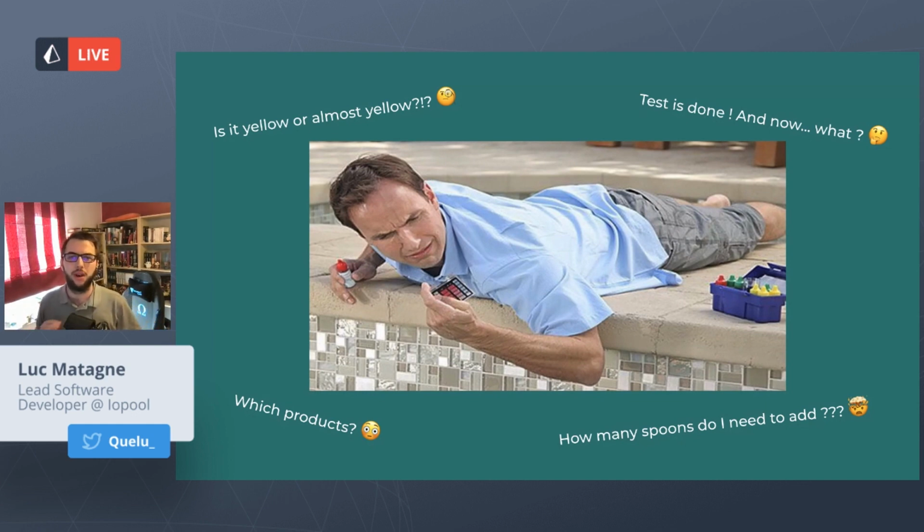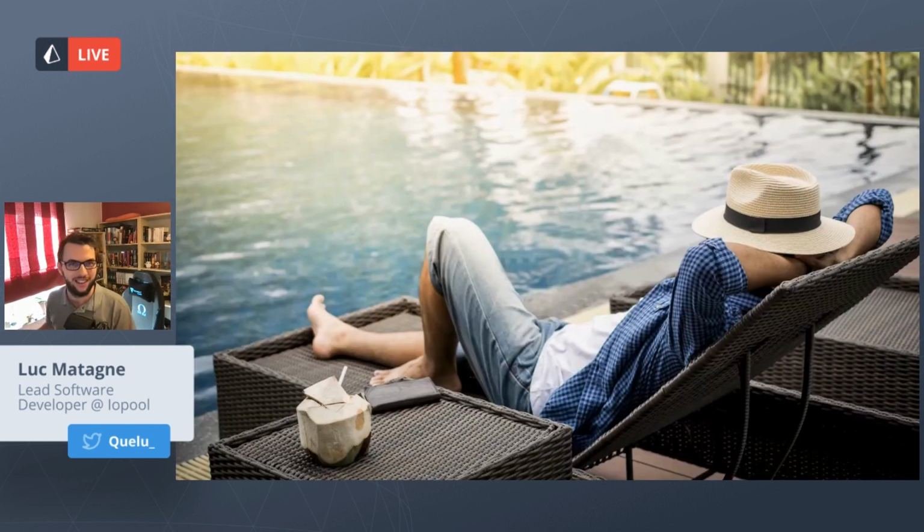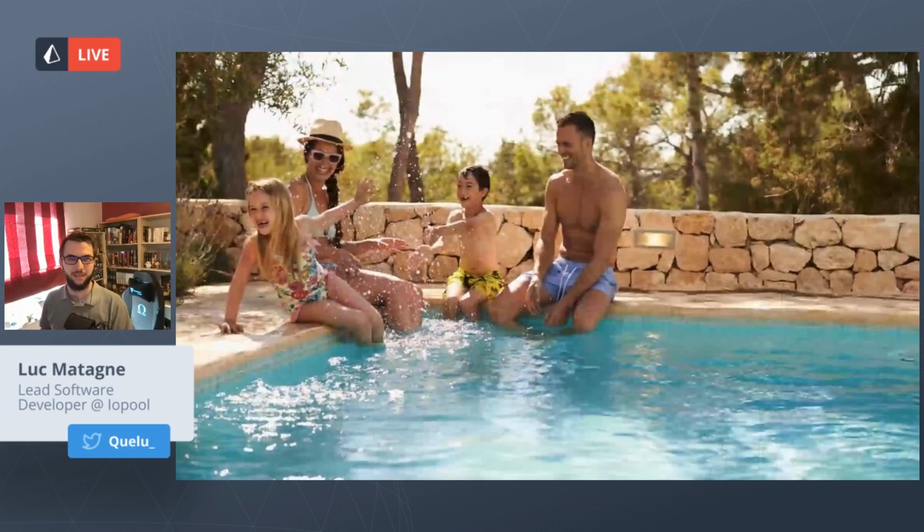This really does not sound like the idea of fun and pleasure a pool is supposed to give. I'm sure that when you think about a pool, you think more of something like this, or even like this. So the objective of Iopool is to help the pool owners to have a clear pool, but easy. How do we do it? We offer